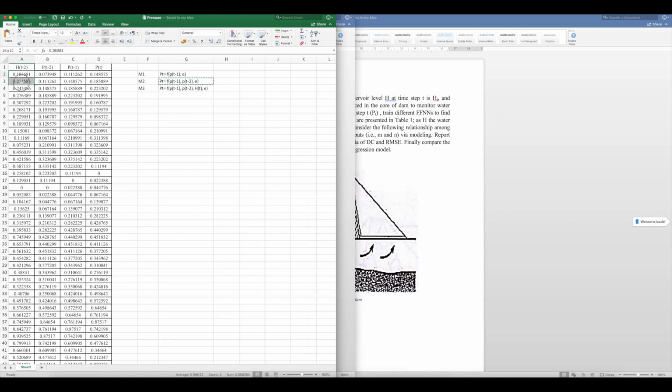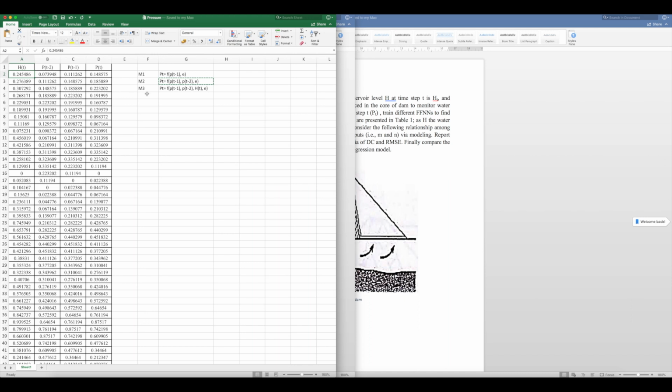This is predicting the second value of pt. Therefore, removing two values from h of t, we will have h of t. So this is our